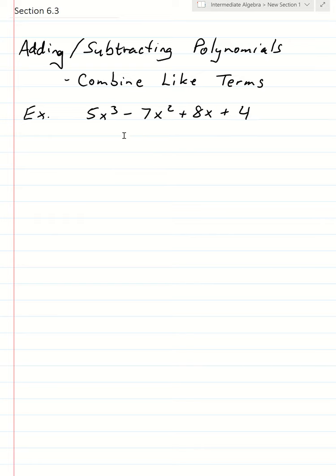The terms are made up of multiplication, basically. This first term is made up of 5 times the x to the third power. The second term is made up of the negative 7 times the x squared. Our third term is made up of the 8 times the x. And then, of course, the fourth term here is made up of just the positive 4. So we have many terms here, and what separates these many terms are the plus signs and minus signs that